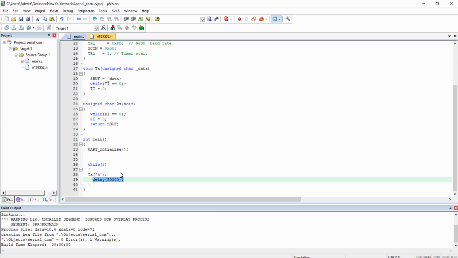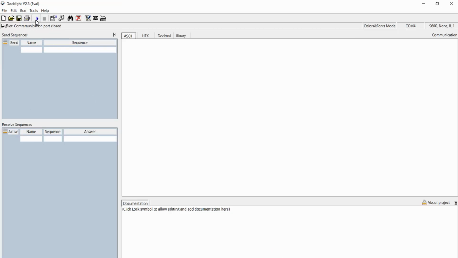And as per our programming logic, the character A will be transmitted with a rough delay of 50,000, that is a loop delay. So this character A will be continuously transmitted from the serial port of our microcontroller as the connection is made. So I just want to start this communication. You can start the communication by clicking on the play button in the top left corner of the window. And you can see the character A, as per our logic, is being transmitted from our microcontroller serial port. So our program is working fine. That's all about the output.